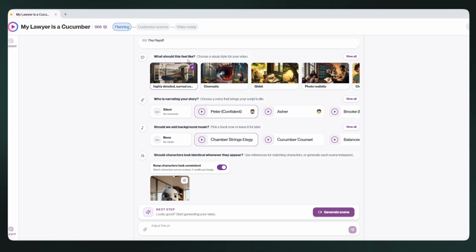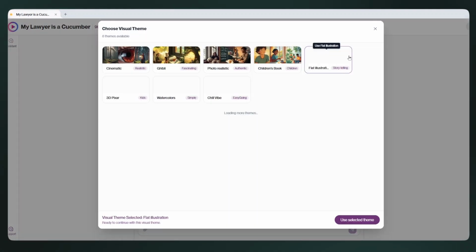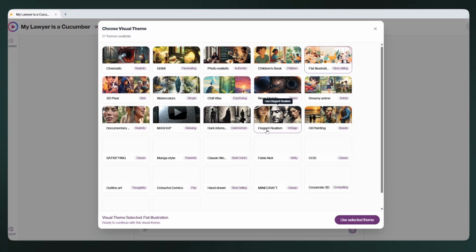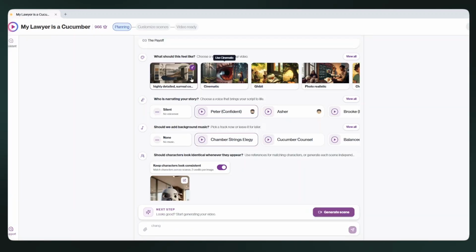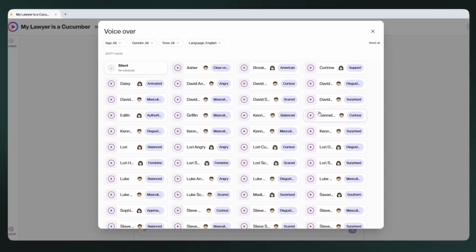The first one, we need to select the visual style that we are going for. There are quite a number of visual styles that we can select, and when we click on View All, we'll be able to see more options that we can go for depending on the type of story that we are telling. I'll close this tab and I'll leave it to highly detailed, surreal comedy scenes. After that, we need to choose a voice that brings our script to life. Again, when we click on the View All option, we'll be able to see more options that we can select from. We can filter this by age, gender, tone, and language, but I'll leave everything to default, close this page,